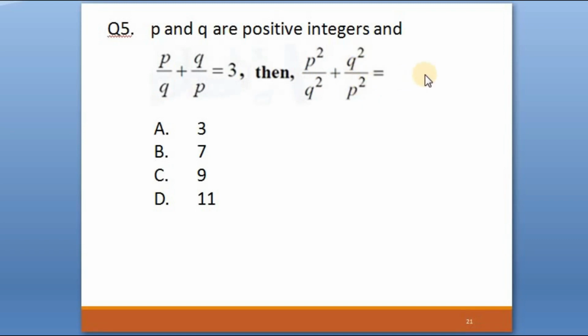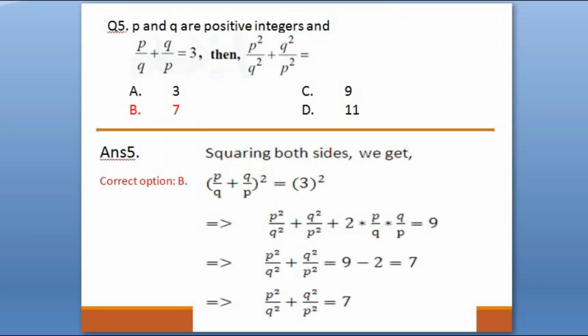Now this we have to find out. Now for this question, let's see the solution. We have to just square the given equation, that is p by q plus q by p is equal to 3. By squaring on both sides, just apply the formula (a plus b) whole square, that is a square plus